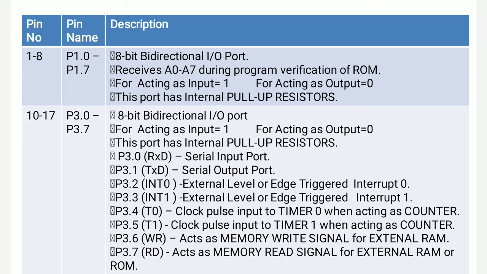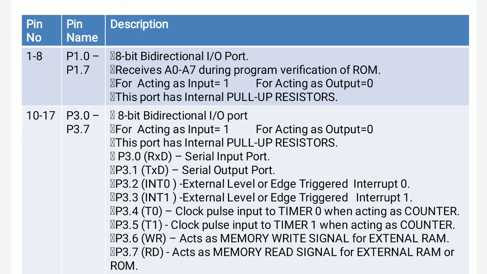It is also an 8-bit bidirectional IO port. After that, same as before, for acting as an input, you should make that particular pin or port 1, that is apply VCC, and for acting as output, you should make that particular pin or port low, that is 0 volt is applied.